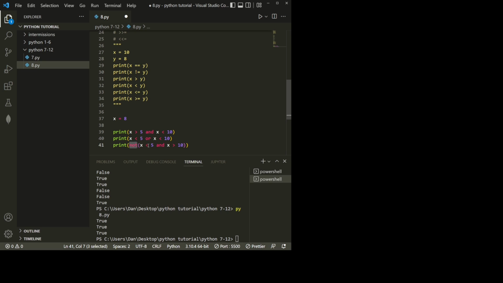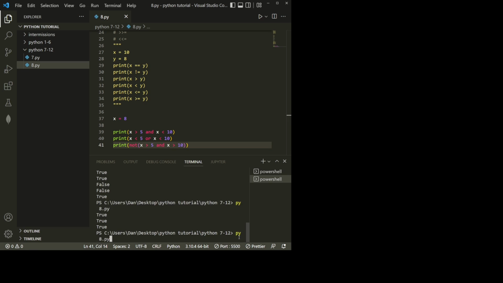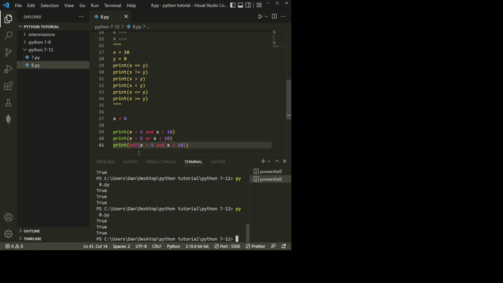So if we were to change these to be truthy, we'll do it with 1. You see that it's still coming out to be true because it is both, right? Like it doesn't meet both of these criteria. And now we'll print it, and you see that it switches to false. So just know that if it meets one of the criteria in and, it's going to get, like in this